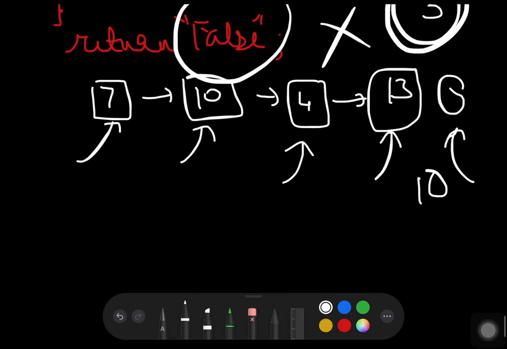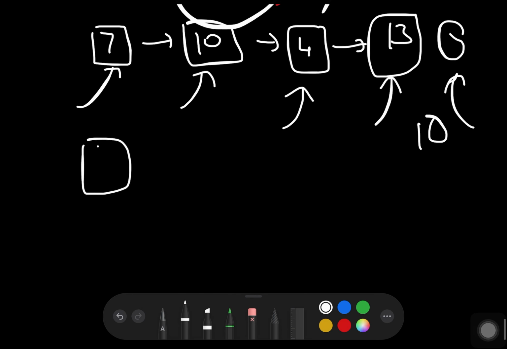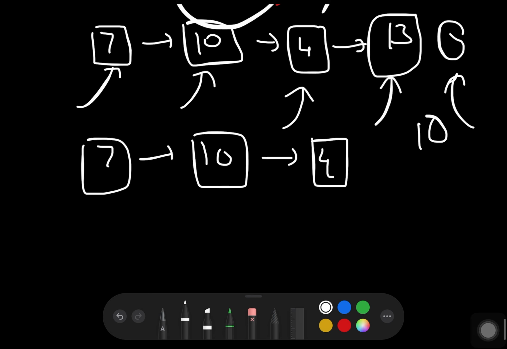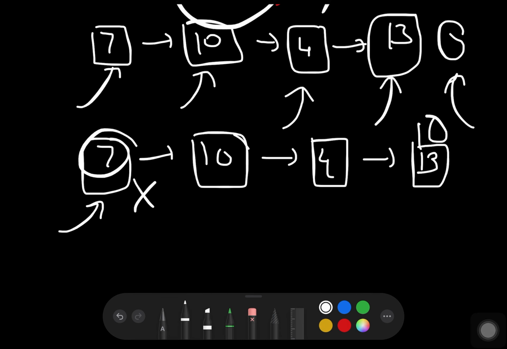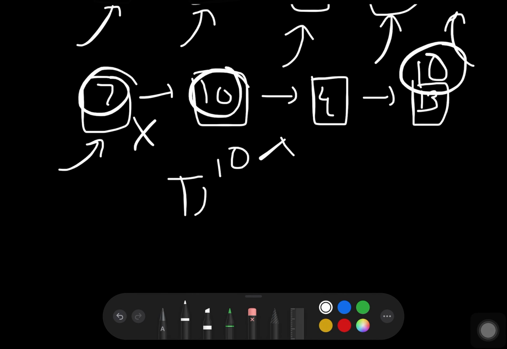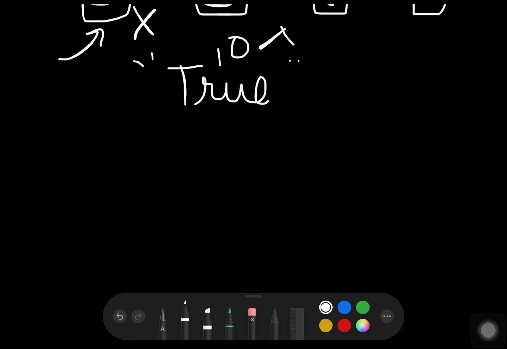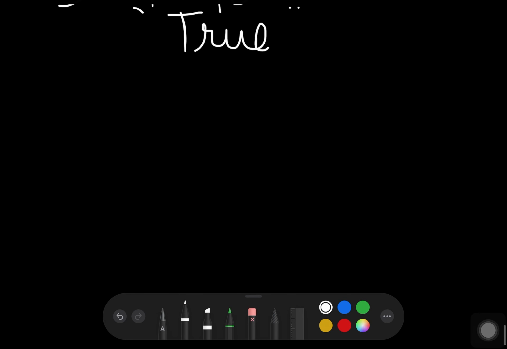Say we wanted to search 10. So this will start from 7. We have this current pointer pointing at 7. Check if 7 is equal to key, no. Check if 10 is equal to key, sorry, we are searching for 10. So yes, this is found. It will return true and the work of the function is ended. I hope this makes the concept really clear.